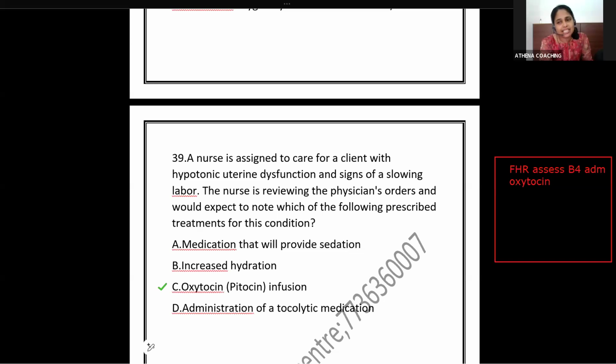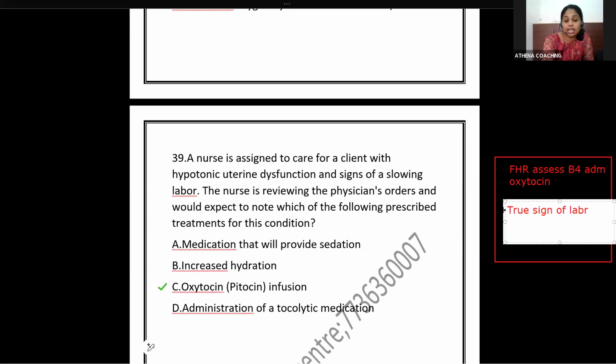What are the exact true signs of labor? True signs of labor. It is cervical dilation and effacement. Two things: dilation and effacement, cervical dilation and